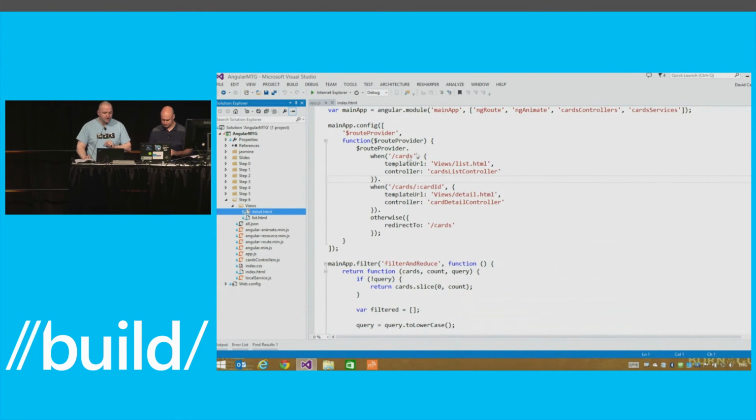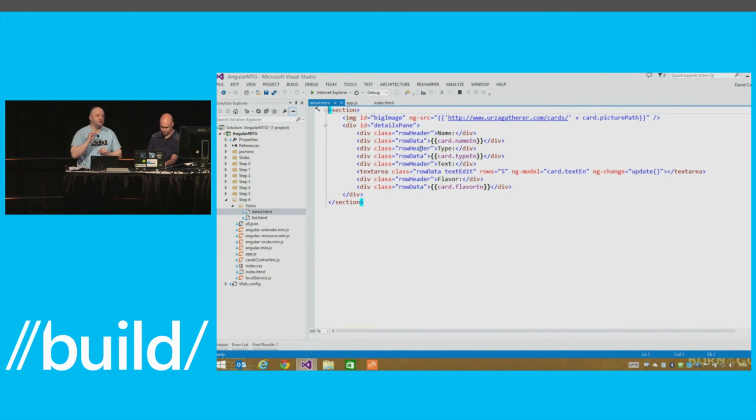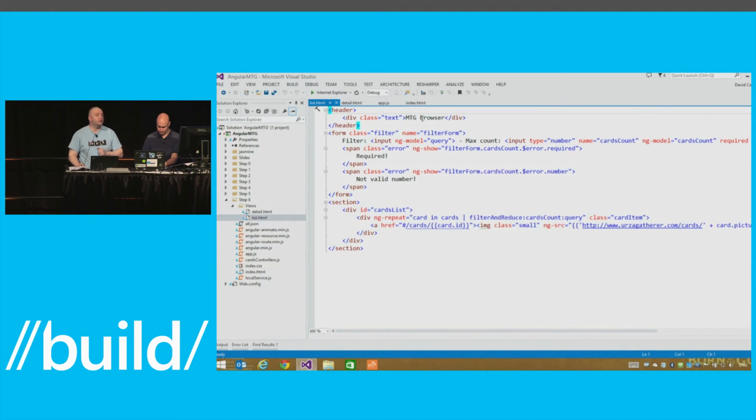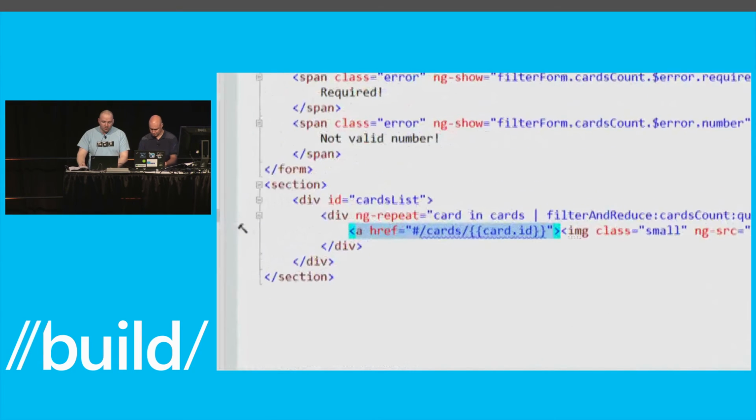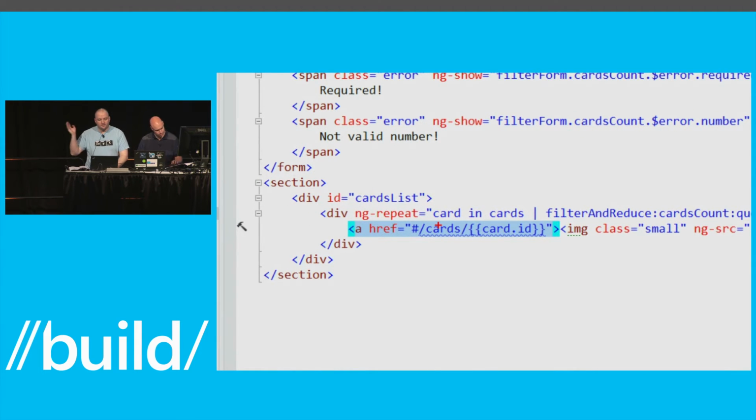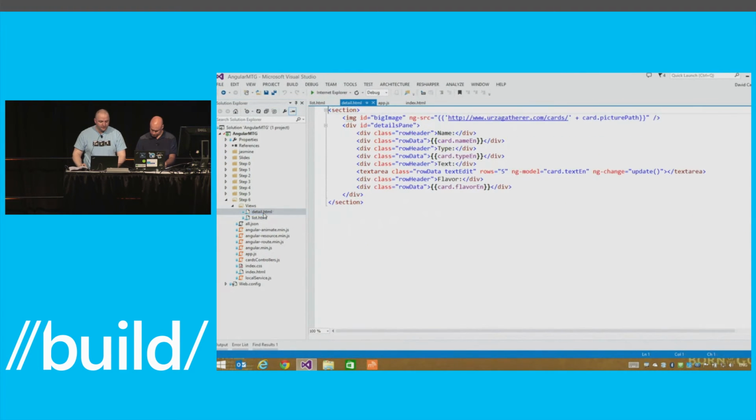The views are just pieces of HTML. Here is the list, the same that we had previously. I just copy and paste it right there. Nothing changed in here. Just one thing. I add a reference right here. My anchor right there will go to /card/ the number of the current card. Remember, it's a template, so each line will have its own ID. So each time I click on this link, I will go, because of the routing, to the detail page, OK? And the detail page itself is just